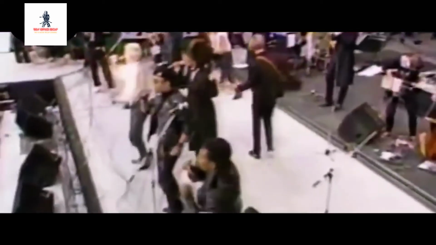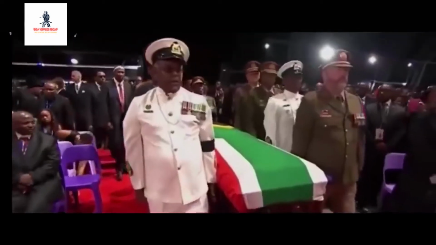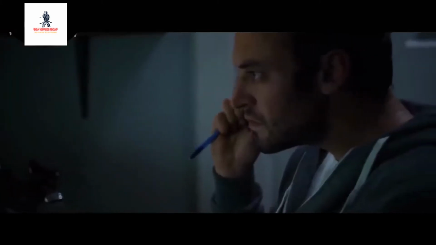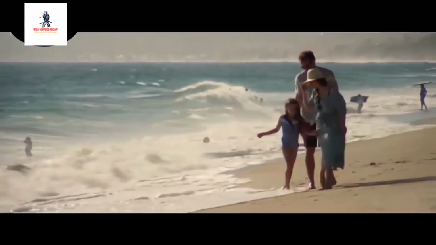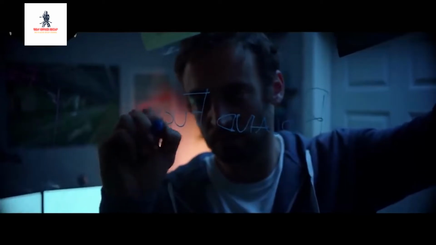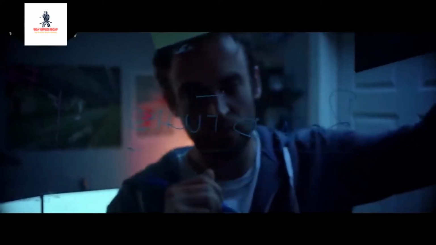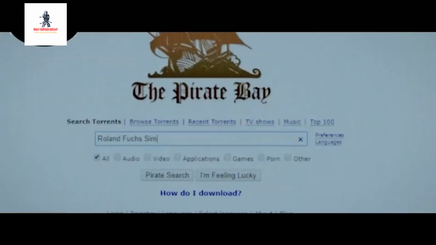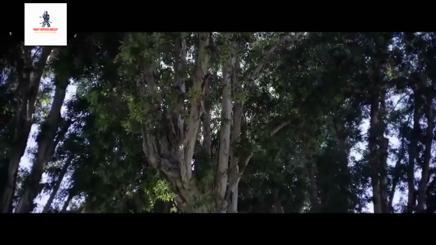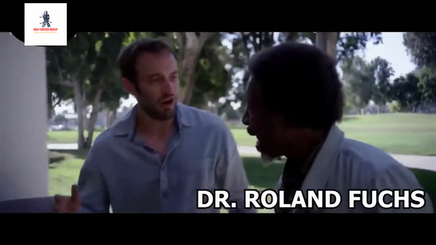Parallel universes themselves are numerous, and each parallel universe contains another version of the current life story. He feels most likely Sam is still alive in another parallel universe. In the end, he finds the name of a scientist named Dr. Roland Fuchs, who also believes that this world is just a simulation. Brendan then tries to see Dr. Roland, but he is too busy at the time.